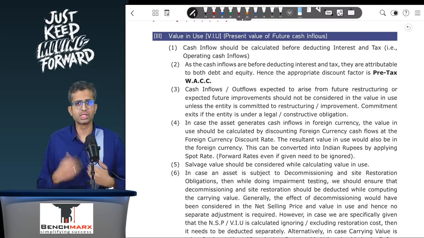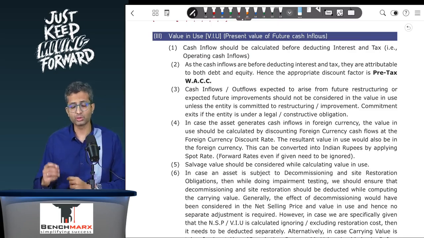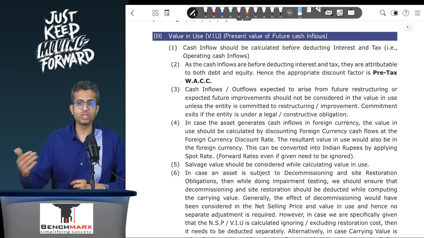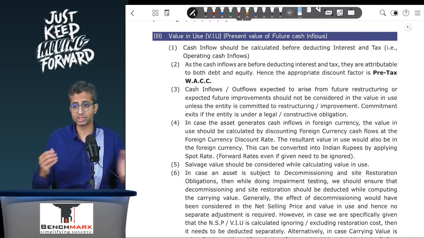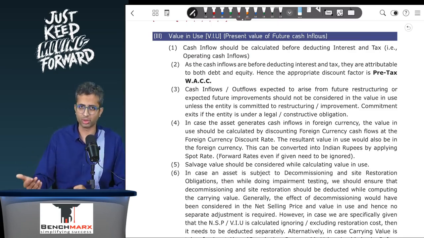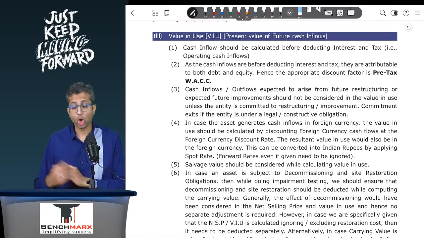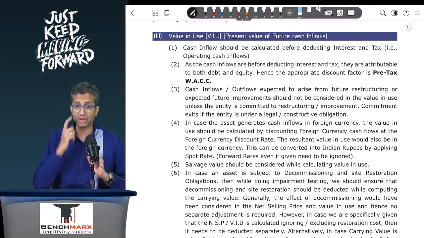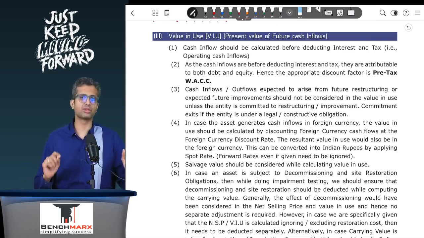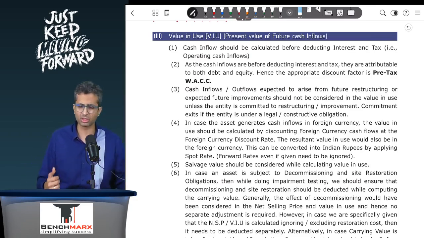Other important things: if you have a foreign currency cash flow, you will discount these foreign currency cash flows at the foreign currency discount rate to find the value in use in foreign currency, and then calculate the impairment. Also, if there's a site restoration obligation, you will have to ensure that the carrying value that you take is after the site restoration obligation, because unless given otherwise, the fair value less cost to sell,